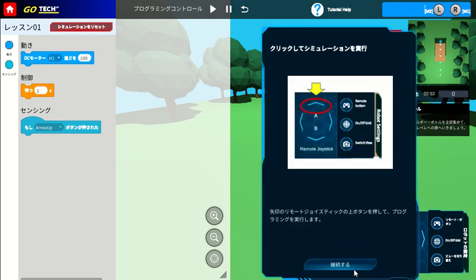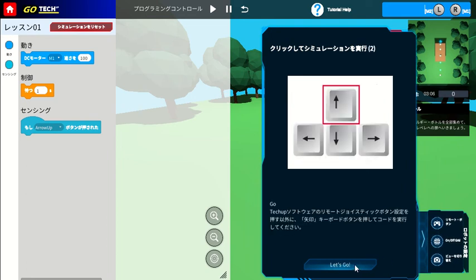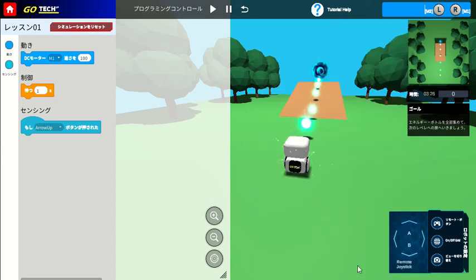This is the place that you can click when you want to run the programming. There is a button here. After this I will show you how to click the button. The other way to move your robot is by clicking the arrow on your keyboard. So you can click on the screen of the computer or the laptop, or another way is you can click any arrow button on your keyboard.